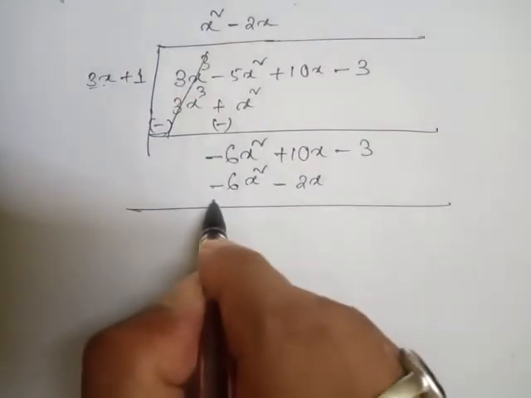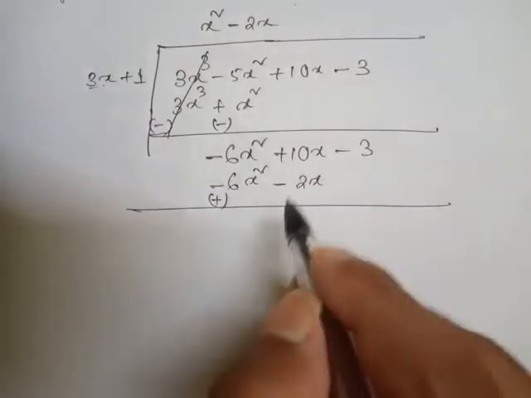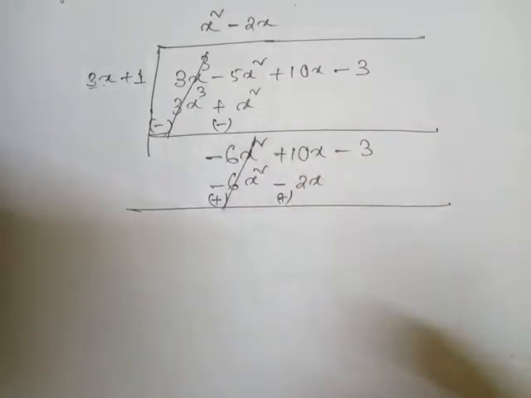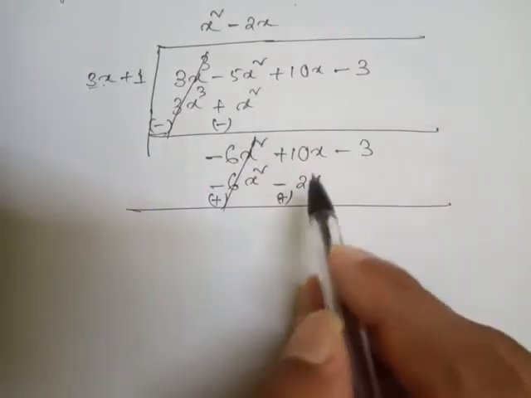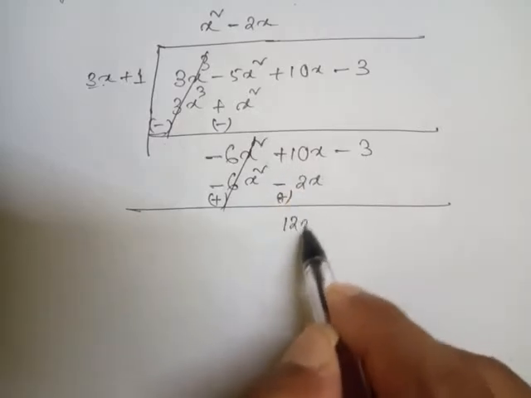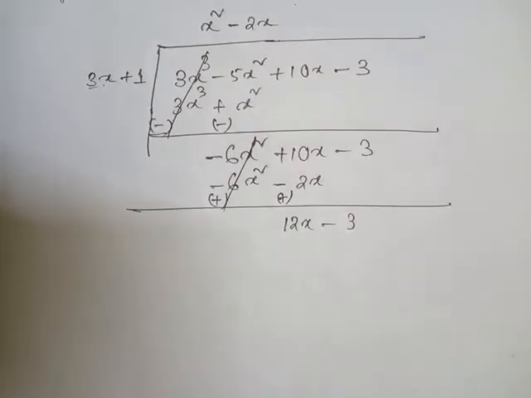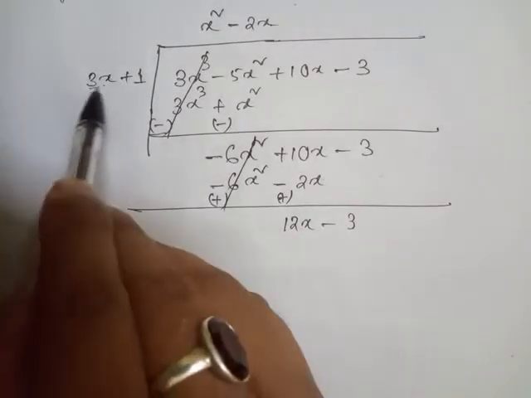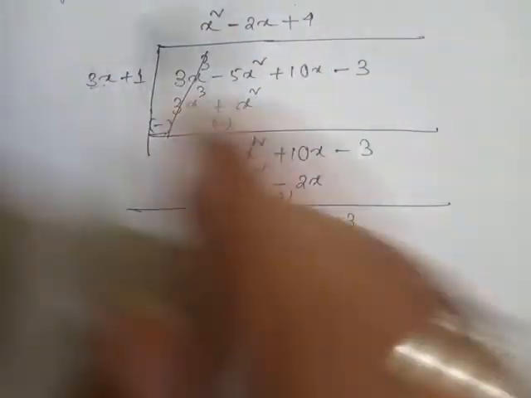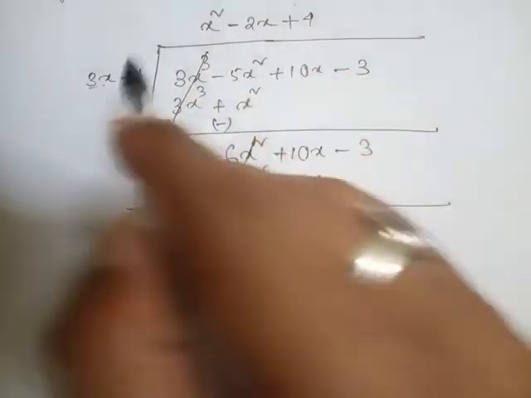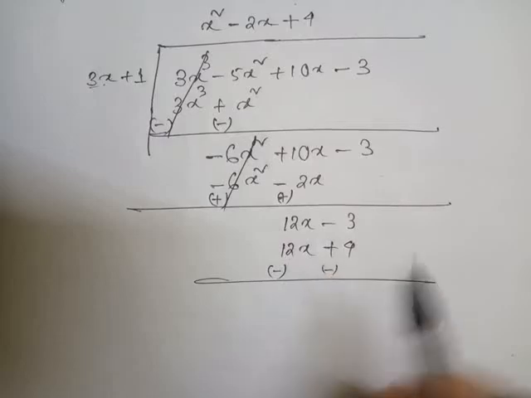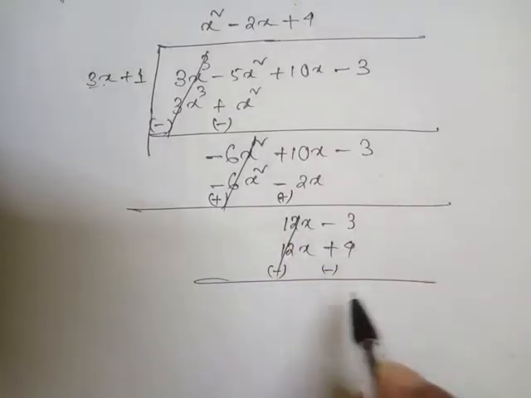Again change the sign, this plus becomes minus, this minus becomes plus. Now this will cancel, and there is a 10, and this minus becomes plus. 10 plus 2 is 12, 12x minus 3. Now for the last one there is 12x and there is only 3x. So if I write down 4, 4 3s are 12x. Now 4 1s are 4. Next, this becomes minus, this also becomes minus, this is cancelled. So minus 4 minus 3 means minus 7.